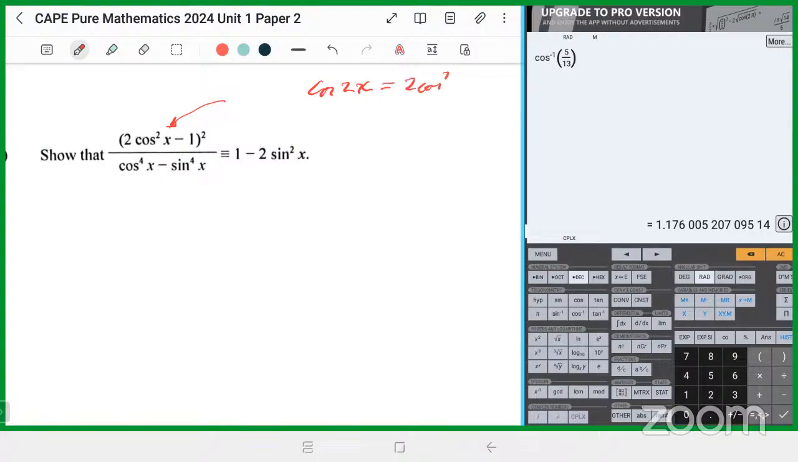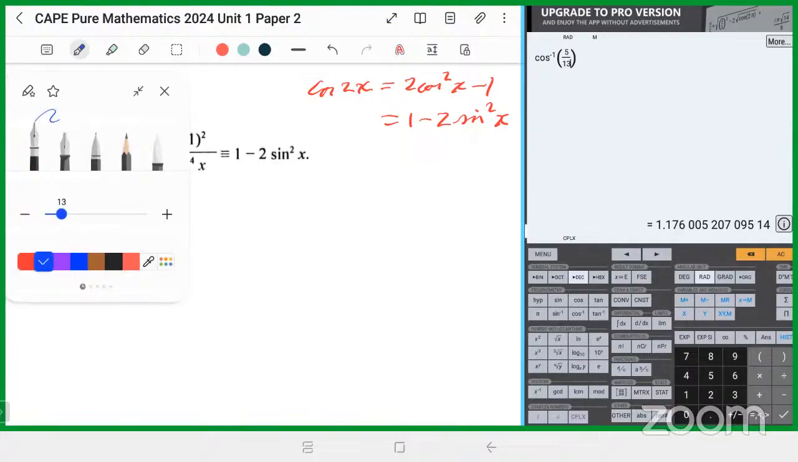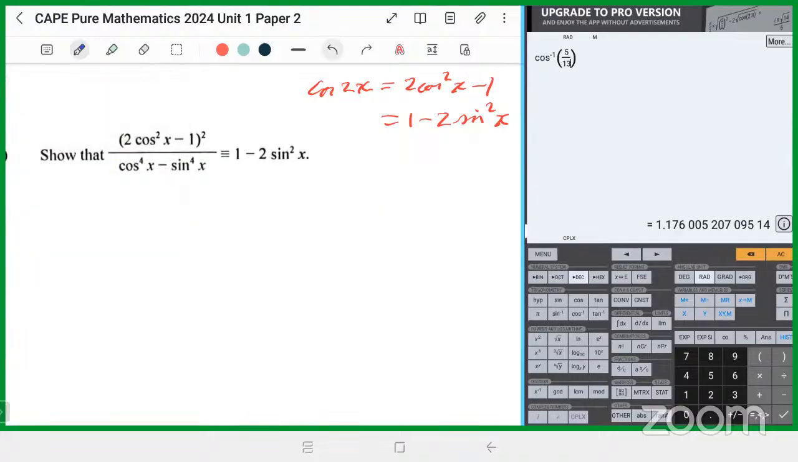2 cos squared x minus 1. This is also cos 2x. But it can also be written as 1 minus 2 sine squared x. So this is actually cos 2x, and this up here is cos 2x. And this is just the difference of two squares. So let's go. So the left-hand side,